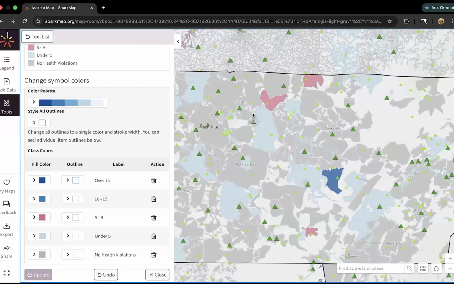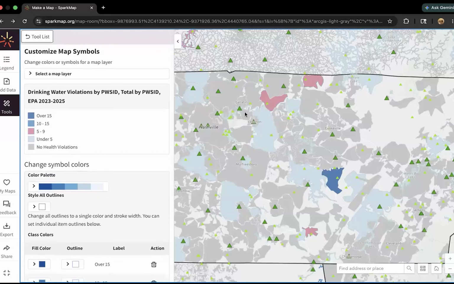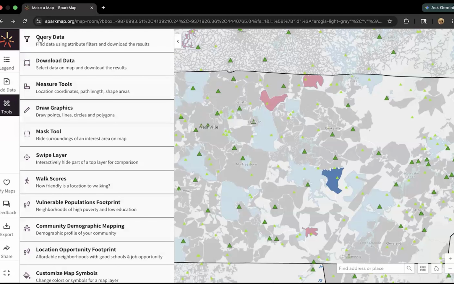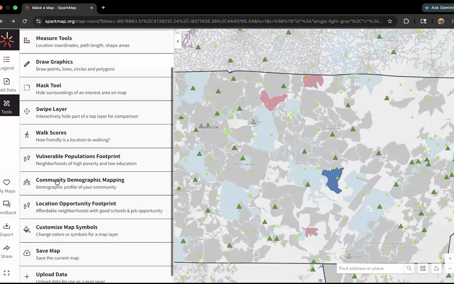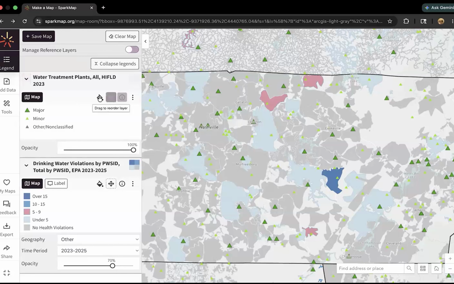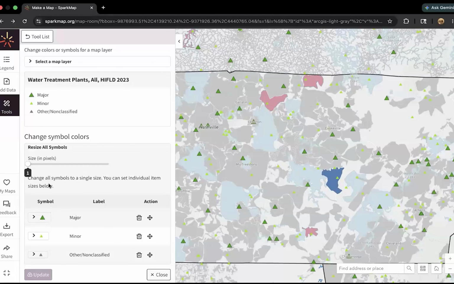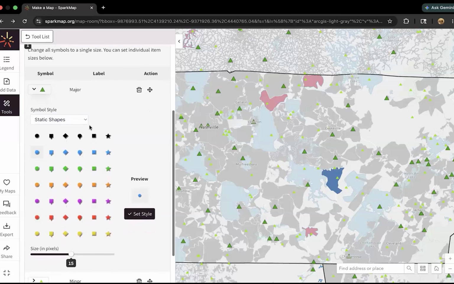So we can also do this for that other layer type where we have points on the map for our treatment facilities. So I'm going to go back either to my legend, or I could go to this tool list. And from the list, I can go to customize map symbols. But here, I'll go back to our legend. I'll click my paint bucket again. And this time I have to select individually, symbol by symbol. So for our major treatment plants, I can go in and select the color and shape that I want to use